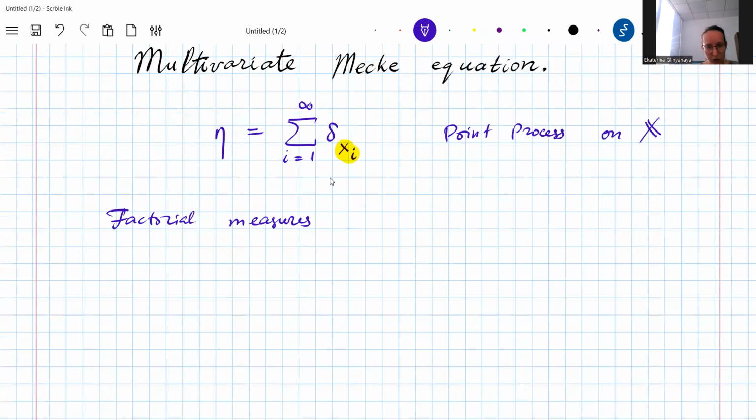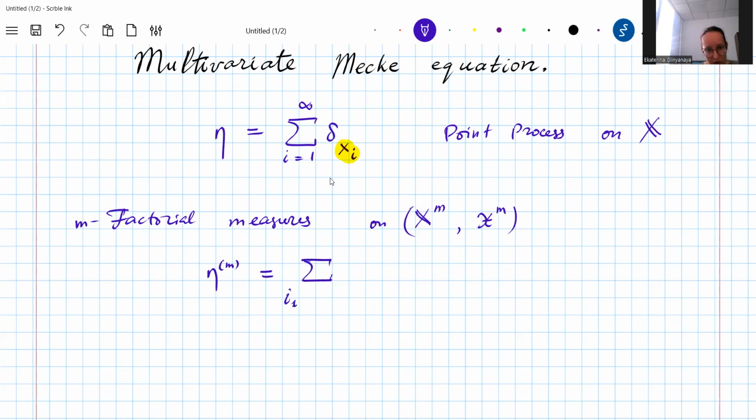We defined them on the product space X^m, so let it be the m-th factorial measure. We take subsets from the sigma field of the m-th power of the initial one, and for this kind of point process we define the m-th factorial measure as a sum over all